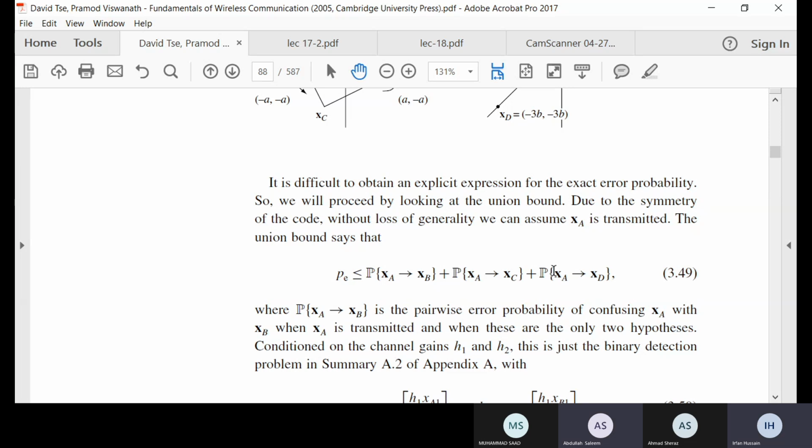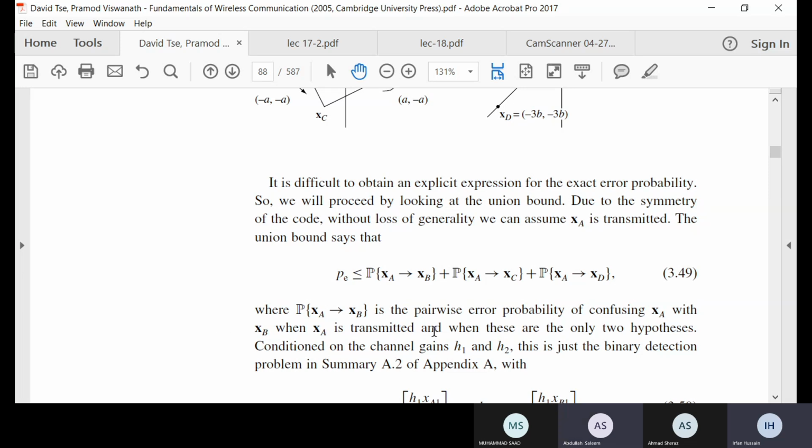सर, मतलब हमने हर कोडवर्ड के अगेंस्ट 3 कोडवर्ड्स की प्रोबेबिलिटी देखनी है, यानी X_B के लिए भी सेम प्रोसीजर होगा, X_C और X_D के लिए भी, इसी तरह सर? ठीक है, मगर चूंकि वो तो फिर सिमेट्रिक है ना, आप एक के लिए कर लेंगे तो सबके लिए काफ़ी हो जाएगा। ठीक है सर, मैं समझ गया। अच्छा,